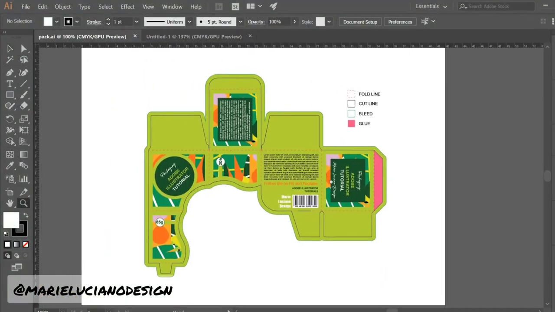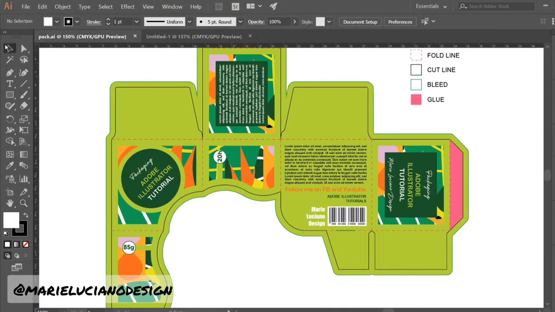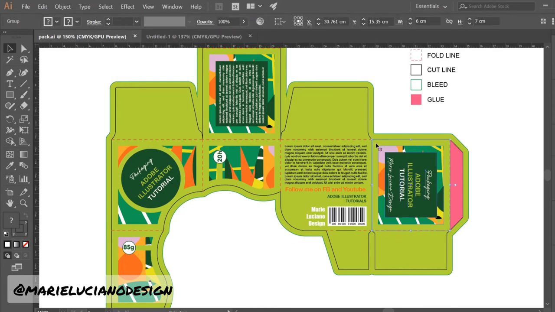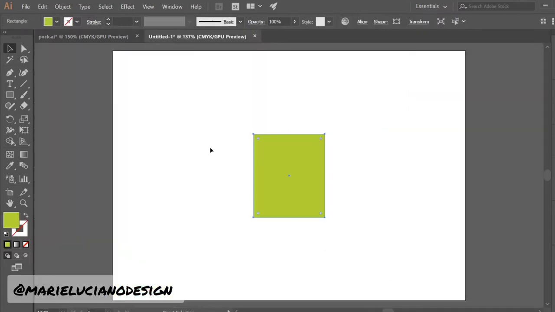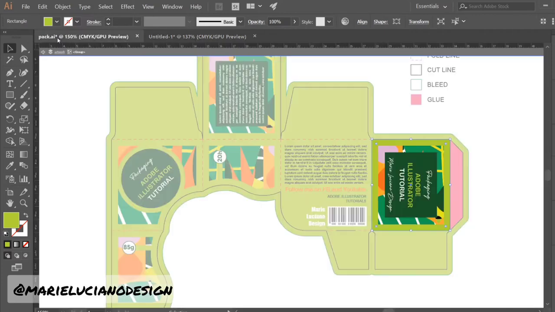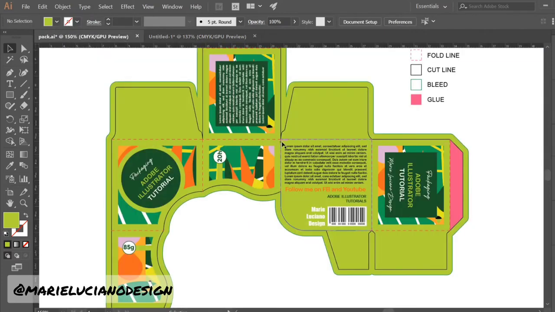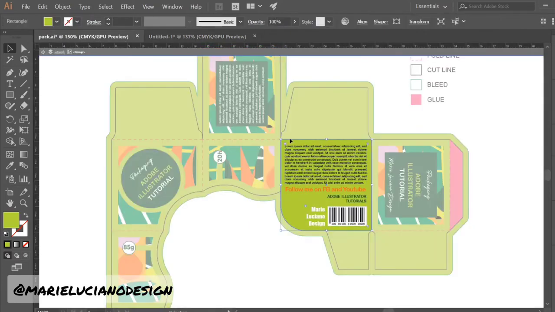Let's start by selecting one of the sides of our packaging, one without the cutout, like this one. Select it and copy it and bring it onto our new document. Since it's sideways, I'm going to turn it 90 degrees to make it straight. Then I'm going to select the top or the bottom, in this case the bottom. Go to Transform where it has the dimensions and copy